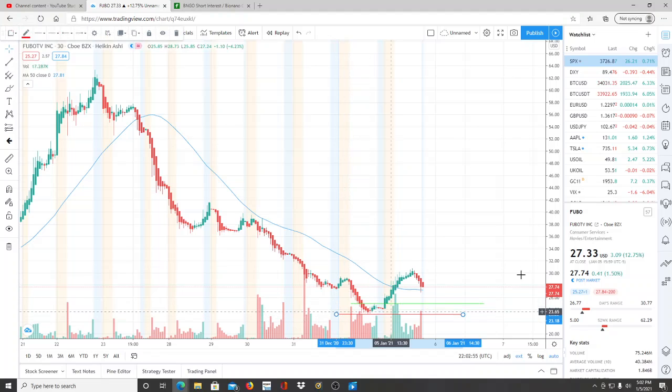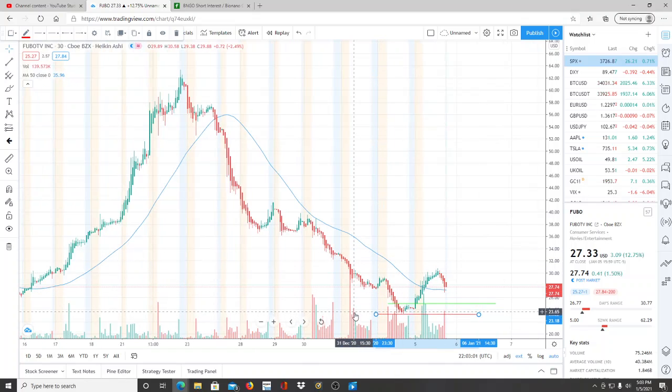Now, a lot of people might want to hear this, and most people want to believe this, that we hit the bottom, that this was the bottom, 23, 22. Well, I don't want to say that just yet because this was such a wild run, and there's a lot of investor sentiment on cutting losses, right? Some people probably got out from this high point here at $30, and that's why we're seeing it slightly fall. They're taking their losses or breaking even. And instead of taking a larger loss down here, they got out at that point. That's most likely what's happened so far, and I want every single investor to be aware of that. Some investors probably jumped in and they're getting out towards the end of the day because of the uncertainty.